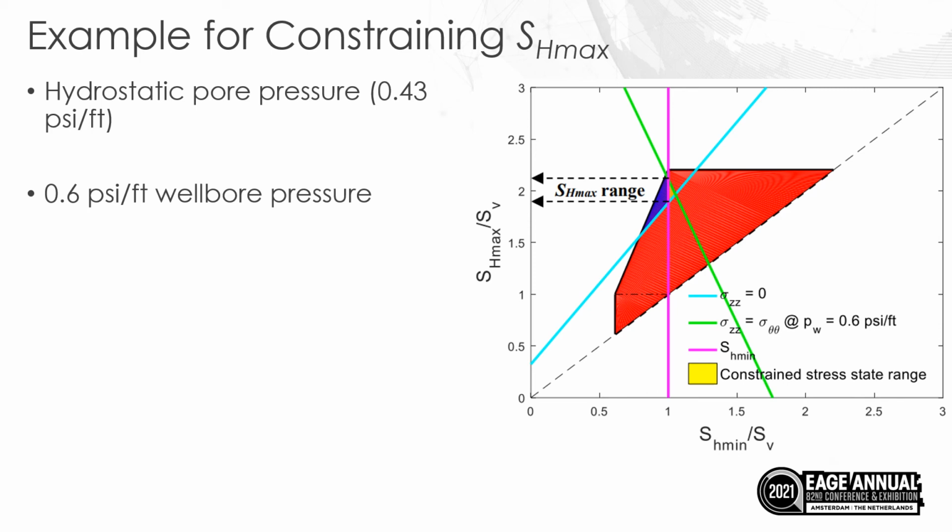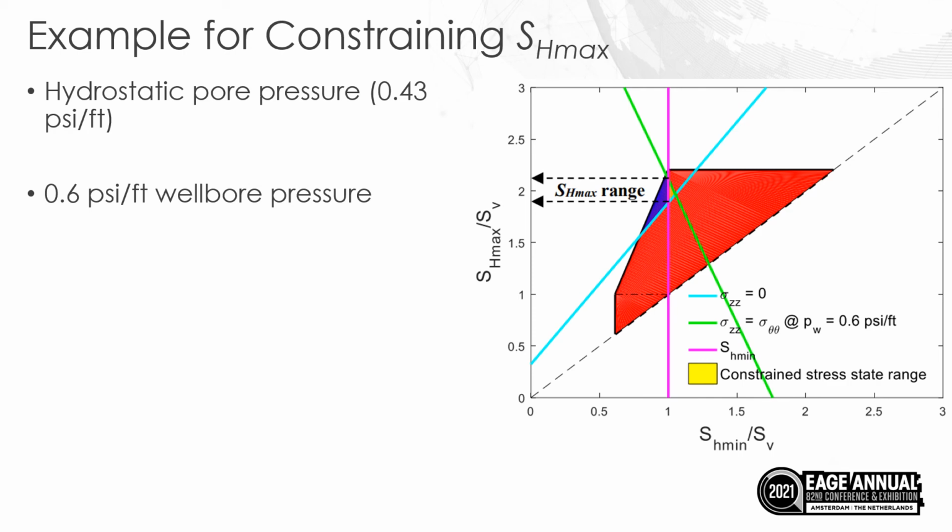And the only thing you have to do from here is go to the vertical axis and read the range that SH max can take, considering that you observe transverse drilling-induced tensile fractures, which would be the yellow region here, or if in case you observe